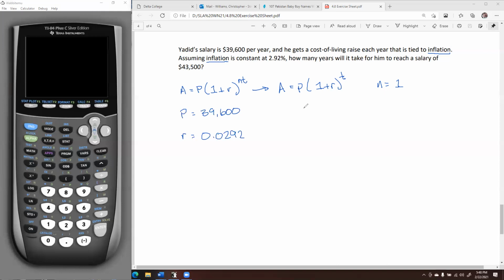What we're going to do is we're simply going to run this calculation over and over again until we either meet or exceed our target value. So the easiest way to do this, the best way to do this is to build a chart. So we're going to call this years, and we're going to call this